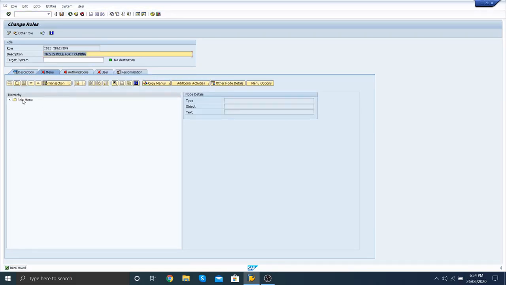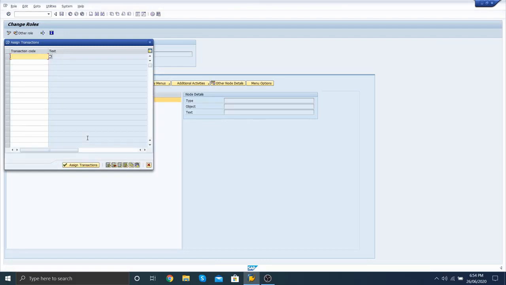Here is the menu. You can select the transactions you want to add to this role. Suppose we add two transactions, SU01 and PFCG.